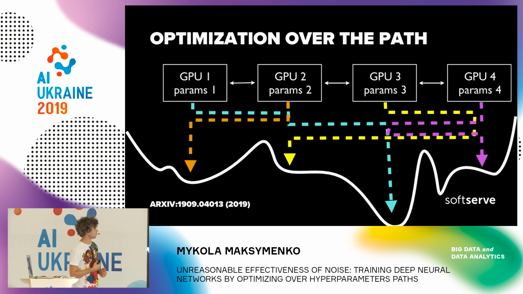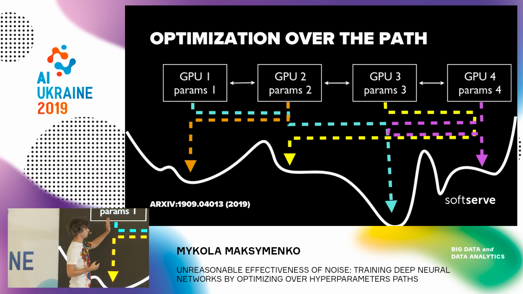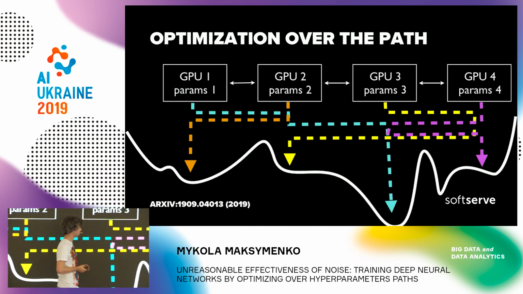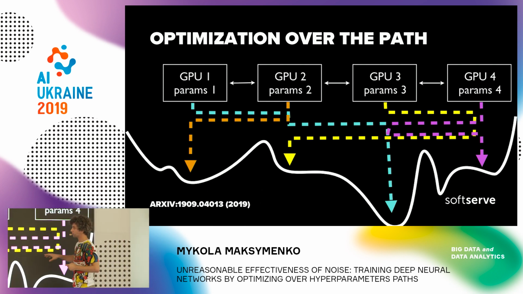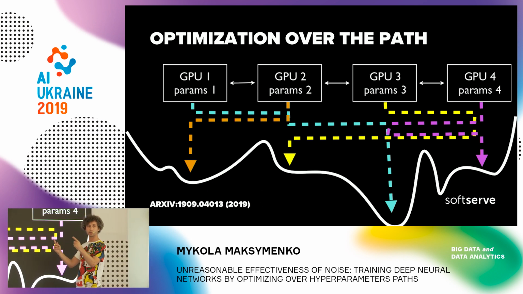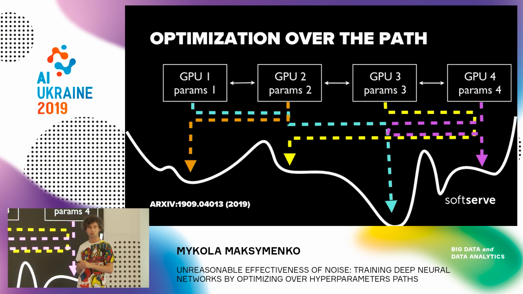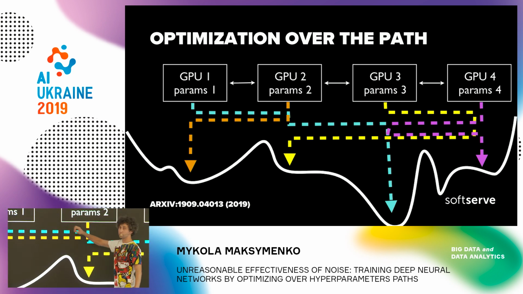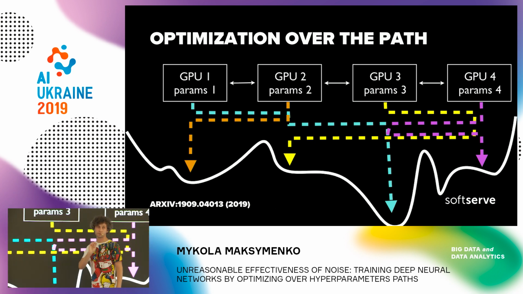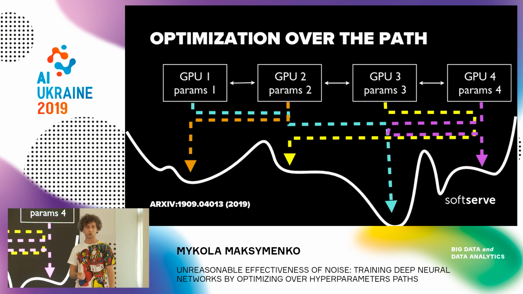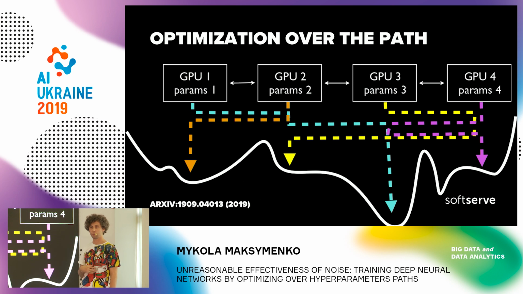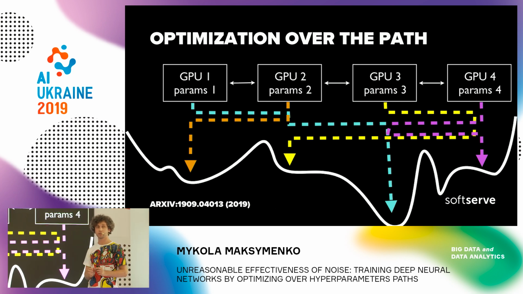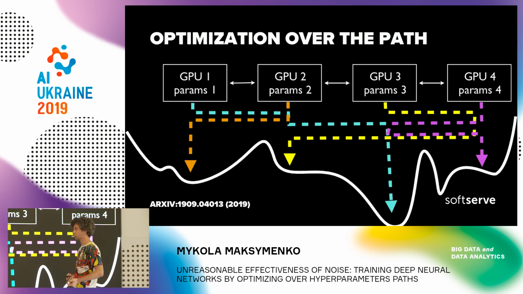So in practice, it looks like this. We have multiple GPUs. We start with some hyperparameters, and then on the way of learning, we sometimes exchange their paths. This path exchanging is basically exchanging only the parameter values. So it's a very quick operation. It gives almost no overhead for our training. And it's very easy to implement, once you have this parallel training.